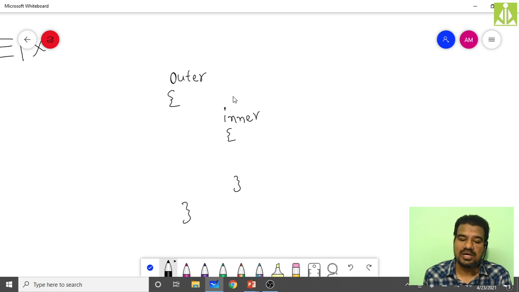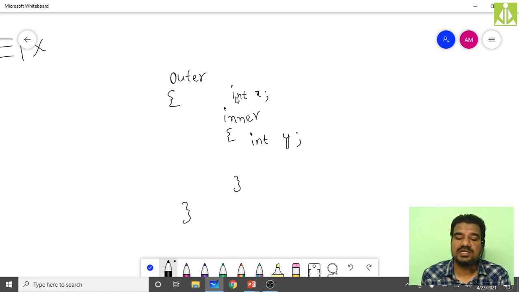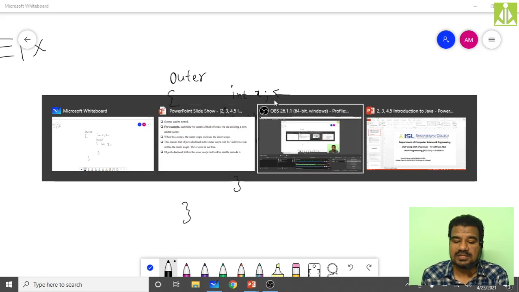Let us assume here I am declaring one variable, int x. Within the inner block I am declaring another variable, int y. Now where will the lifetime of x start? Where you have created it, at that point the lifetime of x starts.